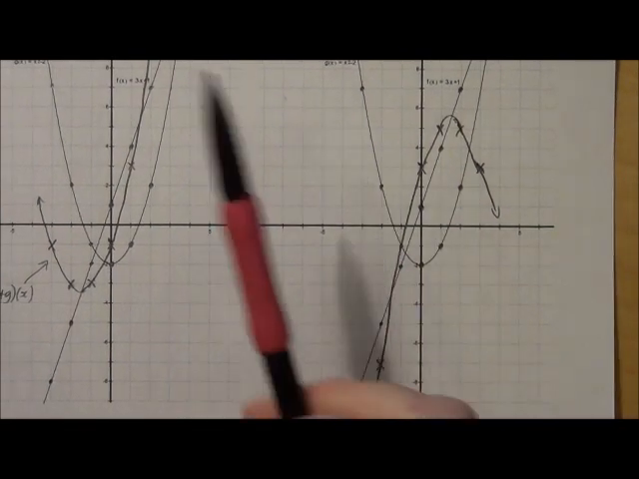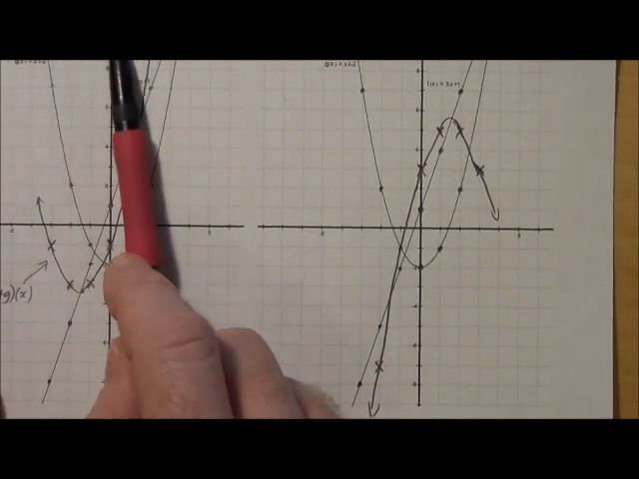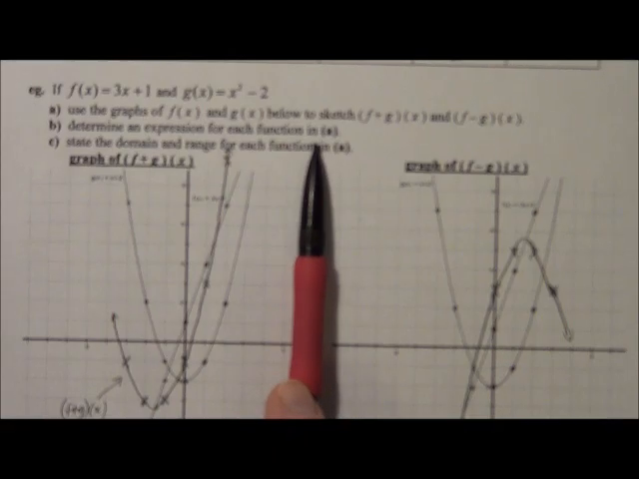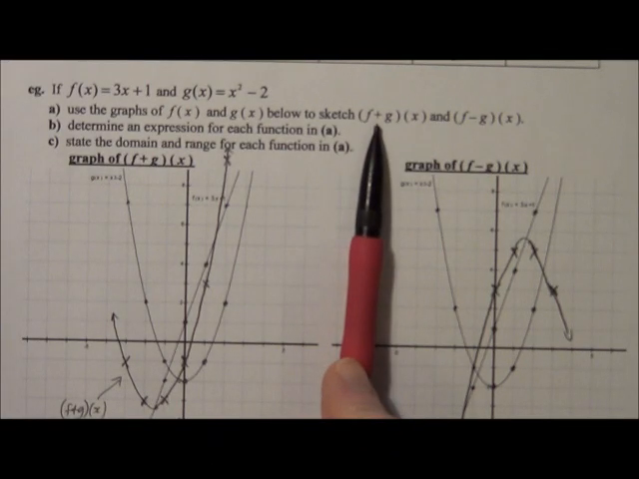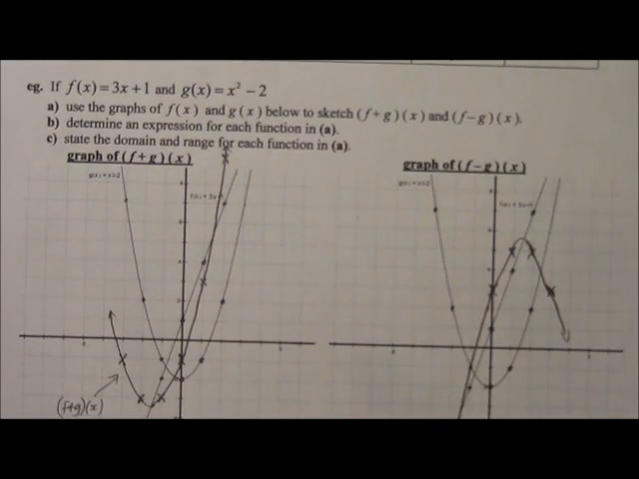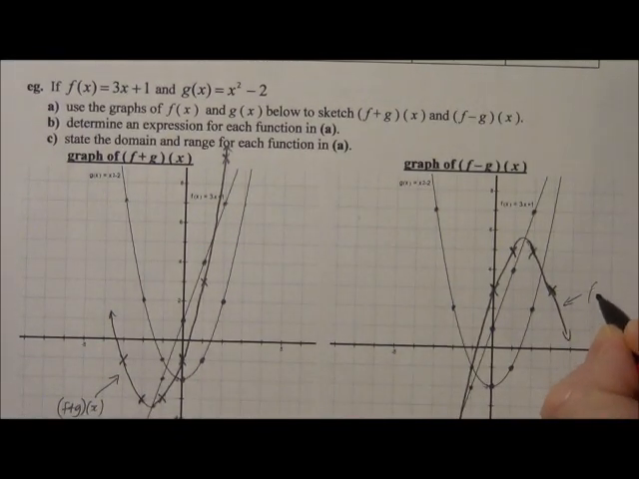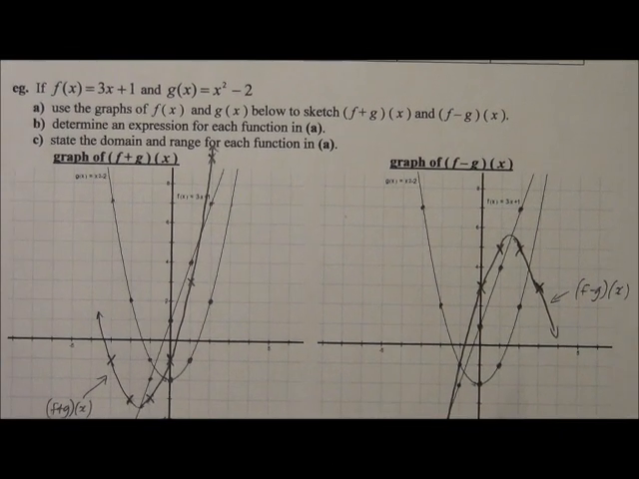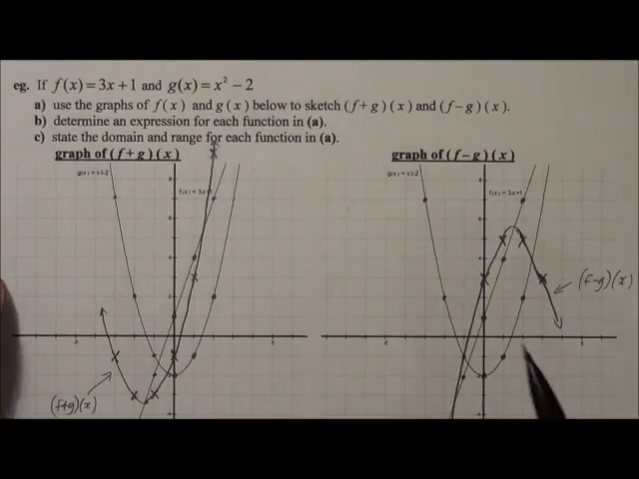Okay, so the next thing we have to do now is for both of these parts, we need to determine an expression for each of these functions for part A, so f plus g of x and f minus g of x, and here is f minus g of x. And in order to get the expression, we're just going to add these together. So